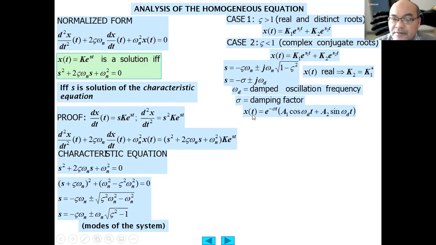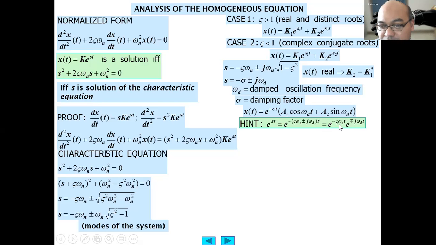Sigma is the damping factor, so x(t) here will equal exponent minus sigma t times a1 cosine omega d t plus a2 sine omega d t. This is obtained from exponent st equals exponent minus zeta omega n plus minus j omega d times t, and this equals exponent minus zeta omega n t